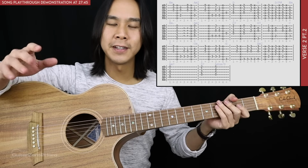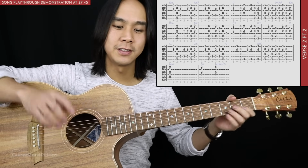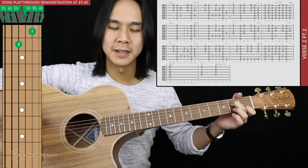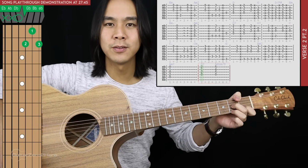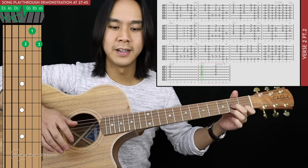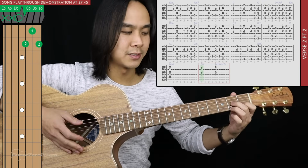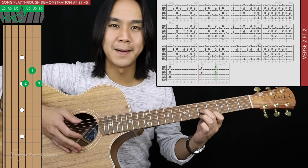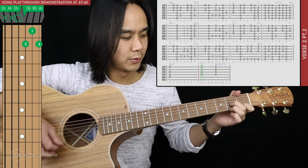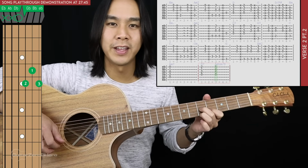Now the only other variation in the second verse is just at the very end. So when we hit the A minor 7, that's the same. When we go to a D7, we hold that out for 2 beats and then go up to an A diminished / D. So it's the same shape, just move your fingers up to the 5th and 4th frets. So 1 and 2 and 3 and 4 and...